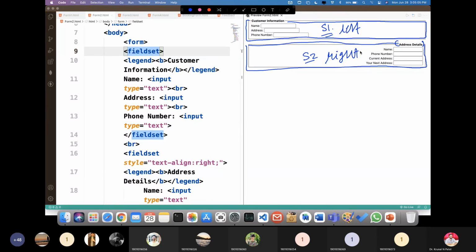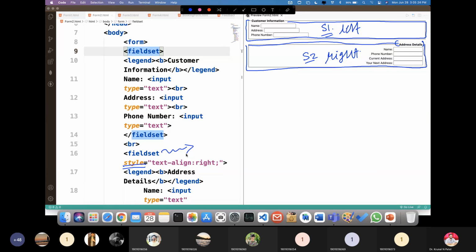So in left justified and right justified, if you want to make that, then you have to define the style attribute within a fieldset. So this is a very nice example, guys, right?